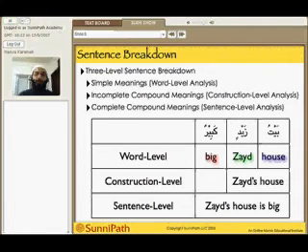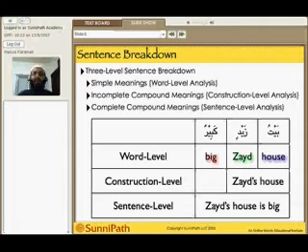Sentence breakdown is a skill where you can take a sentence and break it down systematically, so that you know first of all what each word means on its own. And that's the first level analysis in a sentence breakdown. So for example, if we take this sentence here, Baytu Zaydin Kabir, which means Zayd's house is big, that's what the sentence means. The first step of doing a sentence breakdown is to analyze each word on its own.